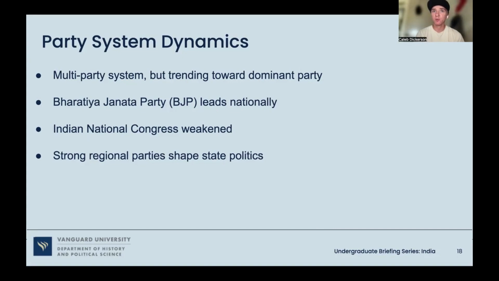At the same time, regional parties remain very important. In many states, they are the dominant political force and can resist national level control. This creates a system in which policies are centralized at the national level, but remain fragmented at the state level. If we compare this to the United States, the US has a very stable two-party system. Competition is very consistent between the Democrats and the Republicans, while in India, we see it a lot more one-sided and uneven.